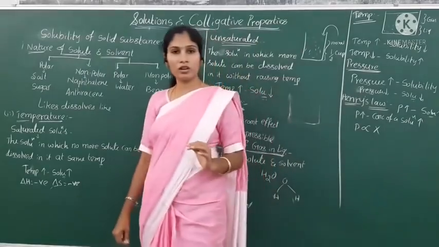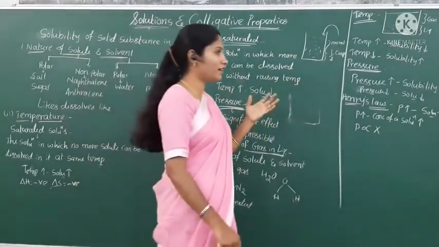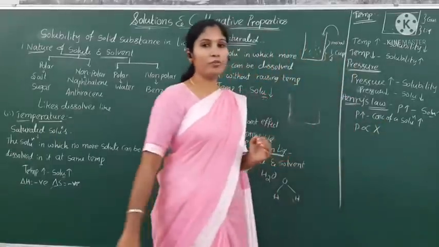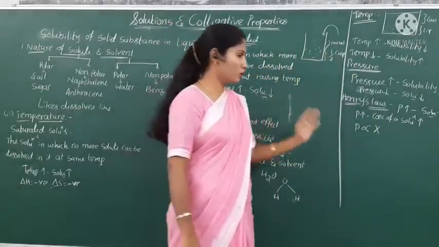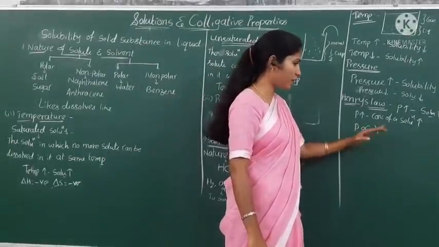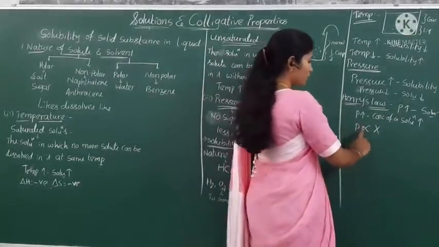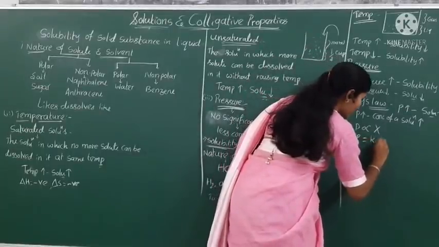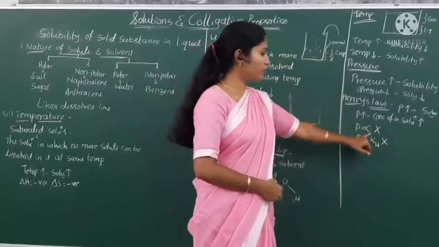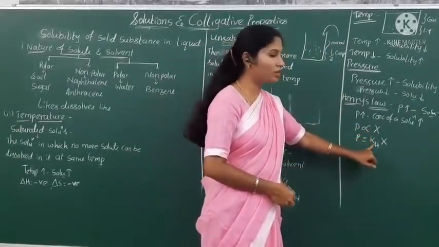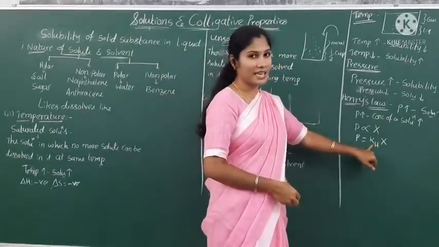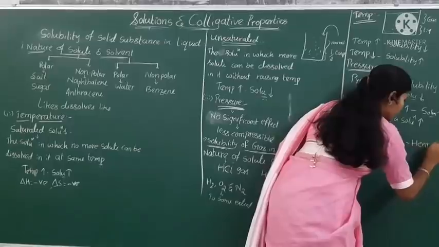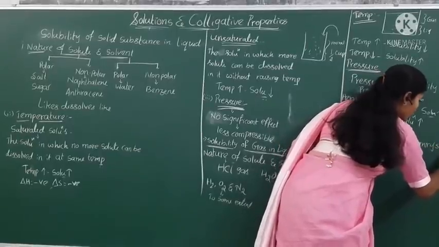Why am I taking mole fraction only here? Why not molarity and normality? Because it is the easiest term. What is the definition of mole fraction? The number of moles of a solute to the total number of moles of a solution. Here there is no temperature and pressure dependence, so that's why I am taking mole fraction. So pressure is directly proportional to the mole fraction. This can be written as P = KH x. When removing the proportionality we should keep one constant. I am taking the constant as KH. KH is called Henry's constant.